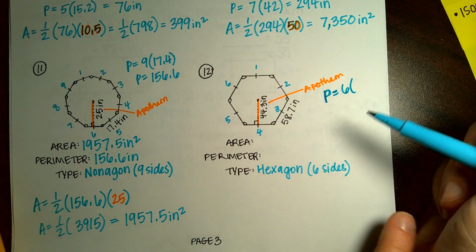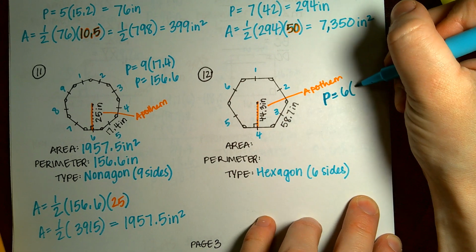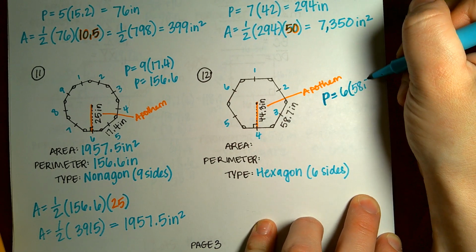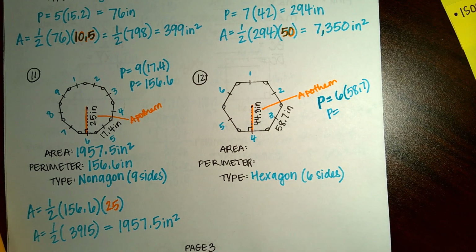Okay, let's see. Perimeter. We're doing 6 sides, so 6 times 58.7. So,